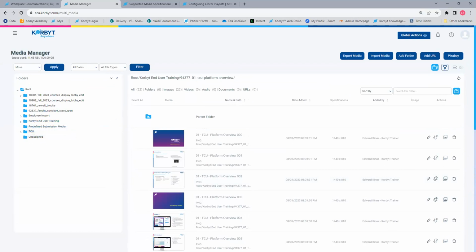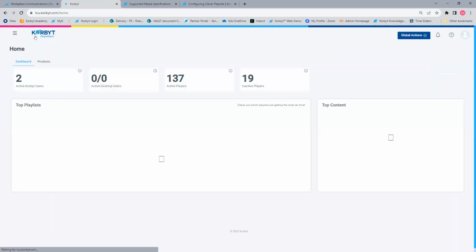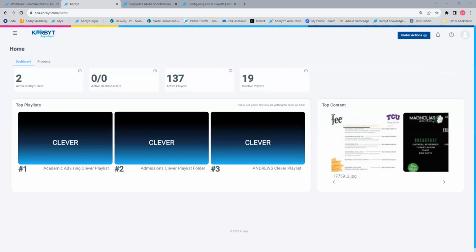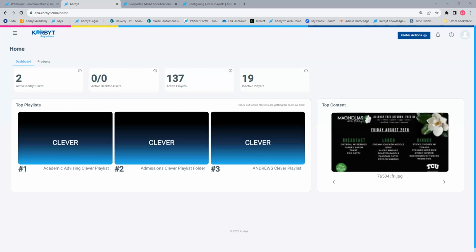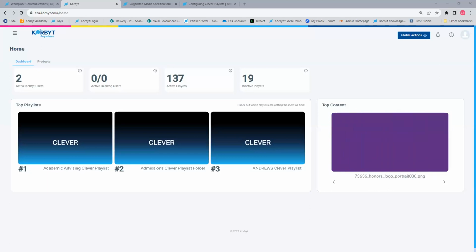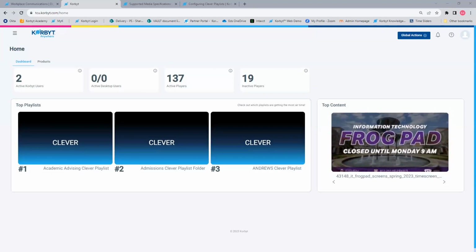And one thing to add to that as well, Ed, there's still a lot of security pieces we're working out. In most cases, you should only be exposed to the things that you're supposed to have access to, like your players and your clever playlists. If there's a situation where you've got access to more than that, we can always investigate, but we're still tweaking a couple of things to adjust for that as well. I think there were some adjustments made even last week as we were preparing for this that got some things lined up that we were expecting.